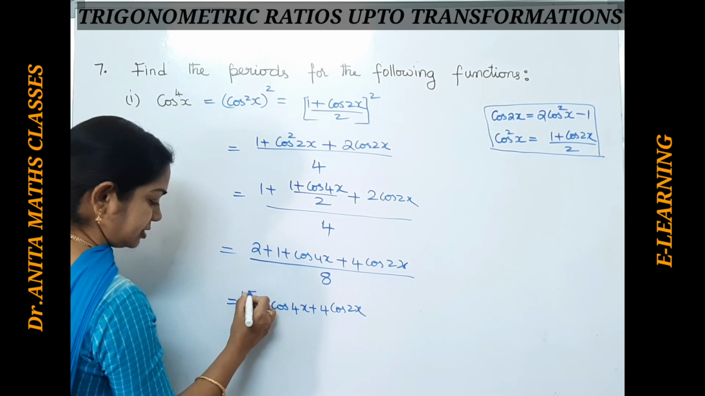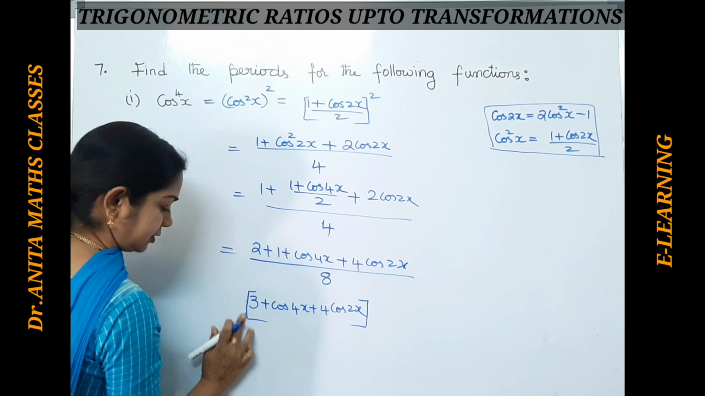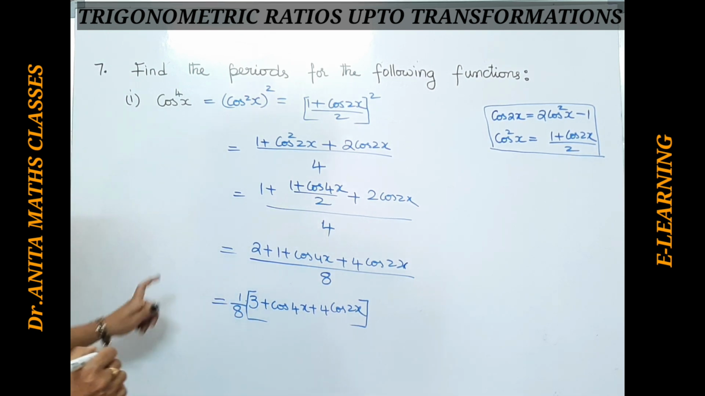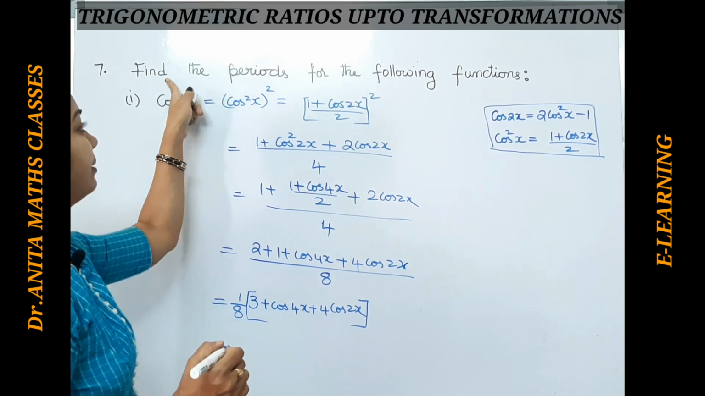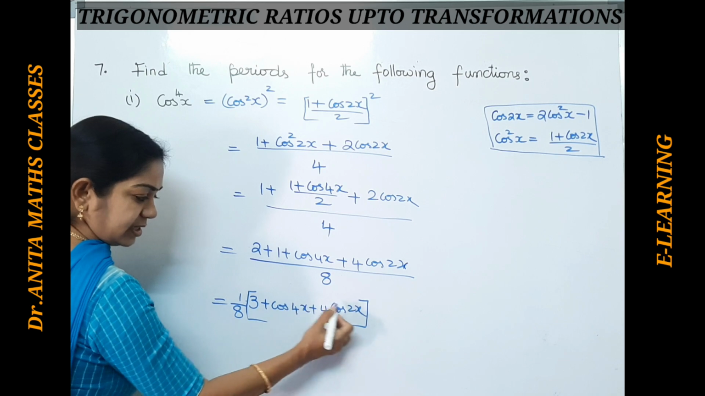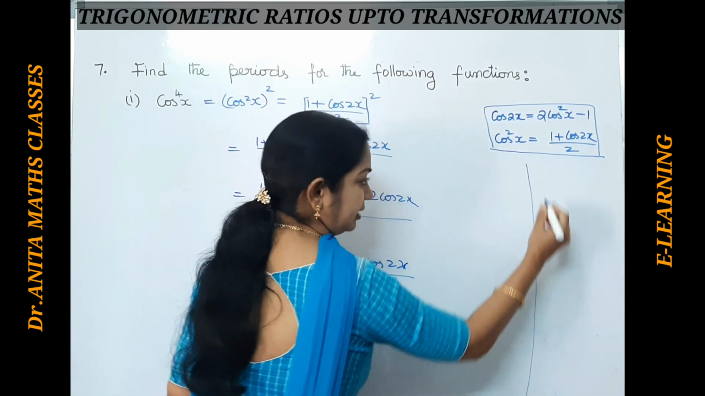Or else you can write this as 1 by 8 outside and keep this in equation form. Okay, I am writing this 1 by 8 out. Now we have to find the periods for this function. Now periods. Here you are seeing cos 4x and cos 2x. Now when you are discussing the periods,